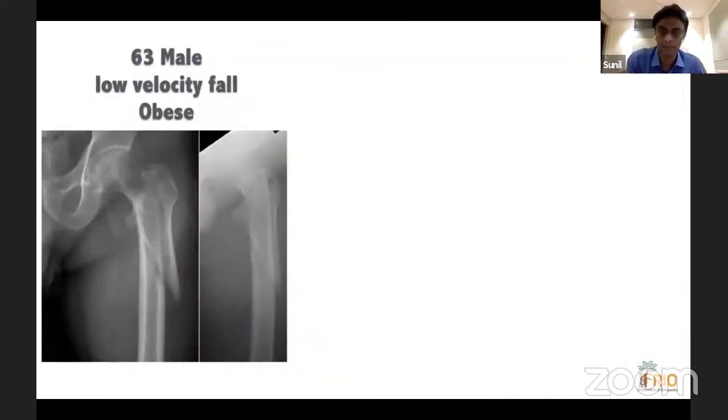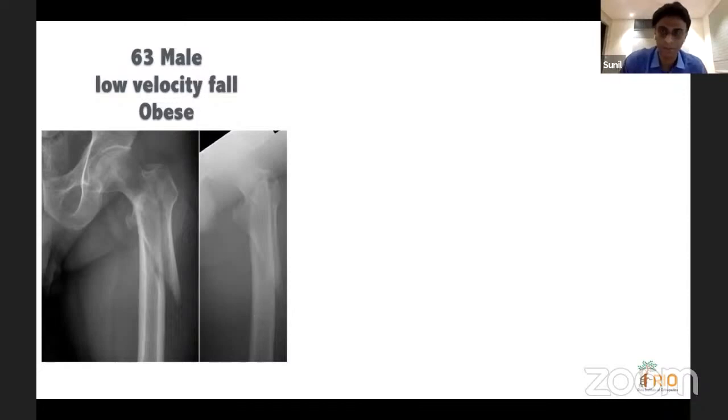So these are the kind of reduction techniques you can think of when you want to minimally reduce your subtroch fracture using minimally invasive techniques. These are different kinds of tools, but you cannot say one tool works for all fractures. Most often you may have to rely on a combination of tools. But if you can read and plan your fracture carefully and spend some time on it on table, most of these fractures can be reduced without a formal open reduction,